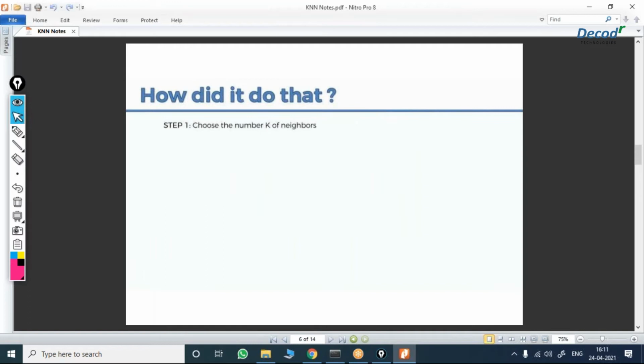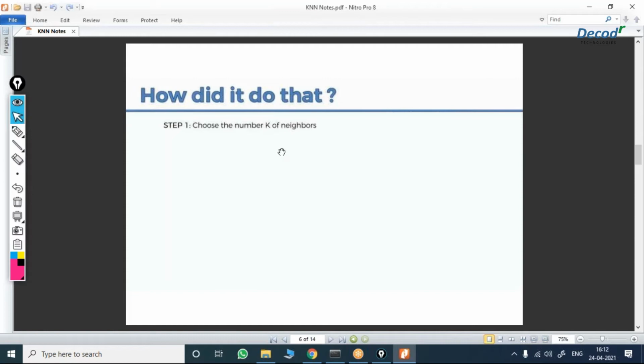Similarly, we are going to choose the number of neighbors. Whether you choose only one neighbor, or 2 neighbors, or 3 neighbors, you have to choose the number of neighbors of your own. There is a method to choose that also. Initially you choose any number, and we are going to get the correct answer also. Later we'll see how to choose that K value. There is a technique for that, and I will show you that also.